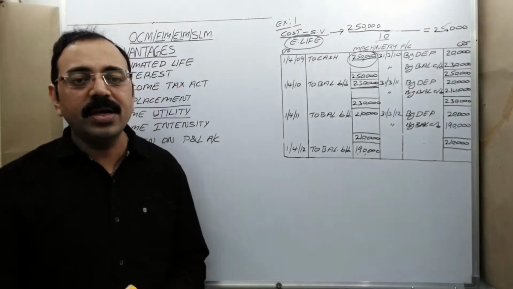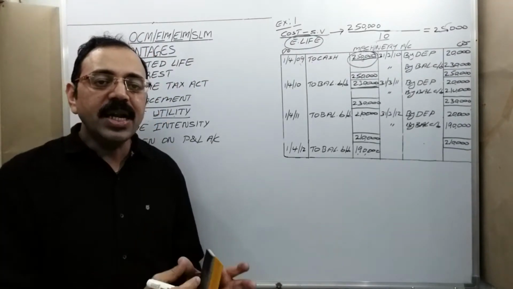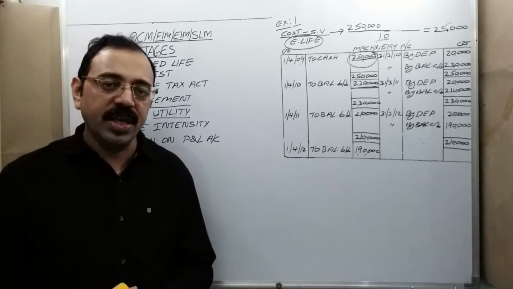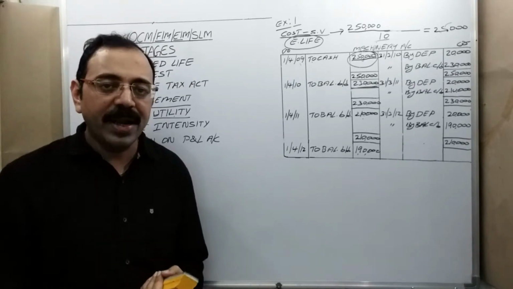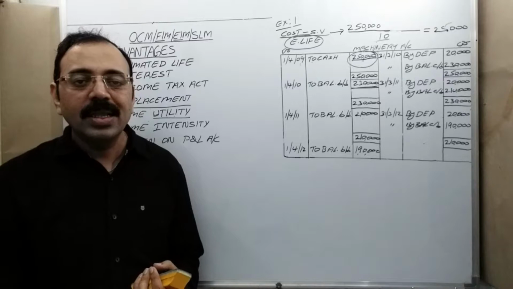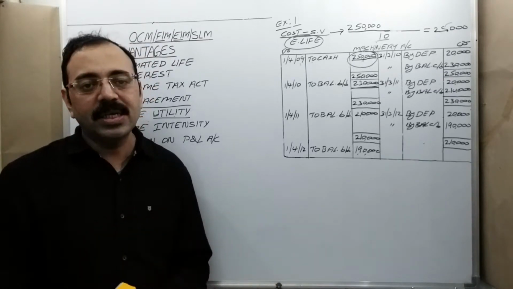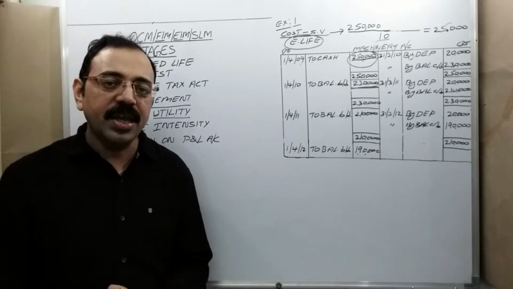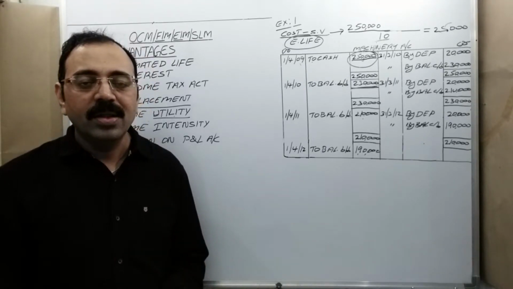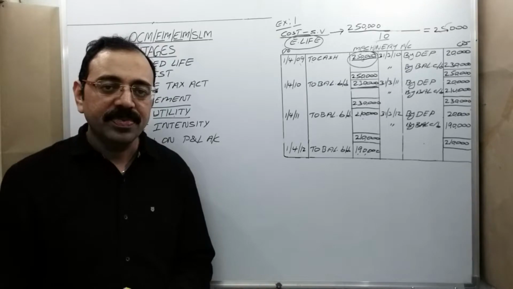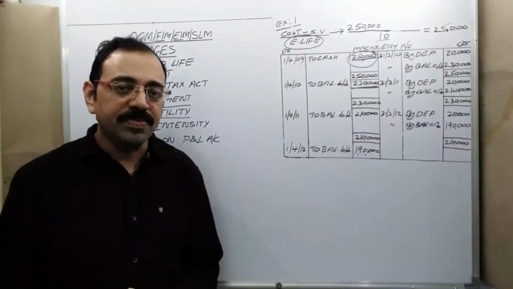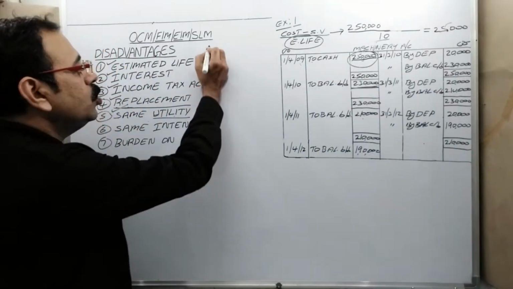Under Straightline Method, we think that asset gives same utility every year. In case of patent rights, copyrights, this assumption is correct. But if you take certain assets like machinery, vehicle, this assumption is wrong. In present problem, first year is